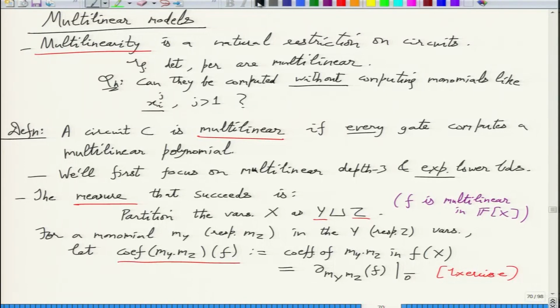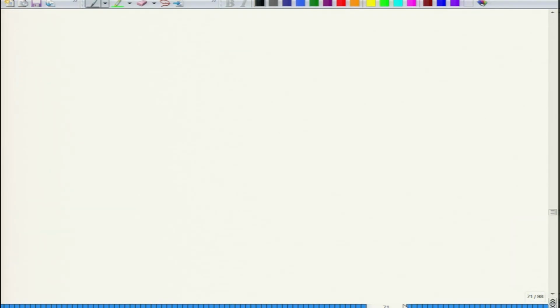Particularly for the multilinear case. Otherwise, you have to generalize this slightly. Do you have to generalize it, or is it always true? It's always true. Yeah. So there is a short proof for this. Right. So instead of saying this derivative at 0, we'll just say coefficient of f. It's the same thing. And then we have a matrix whose rank will be the measure.